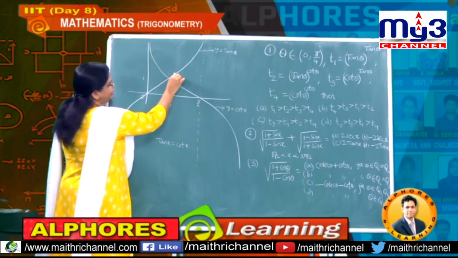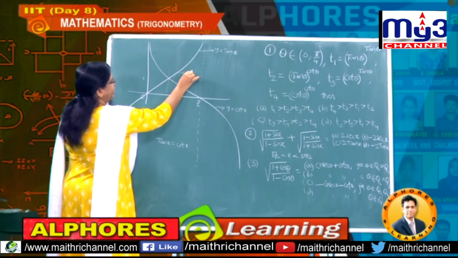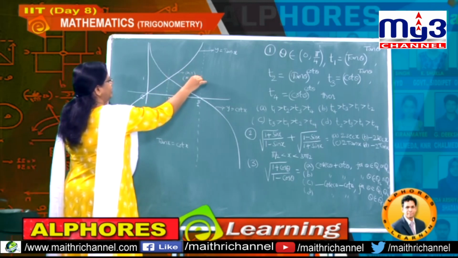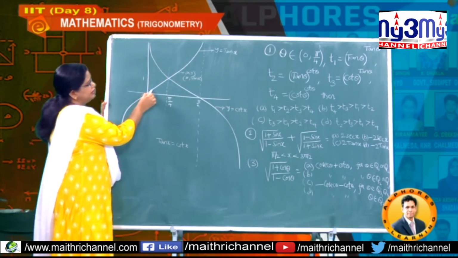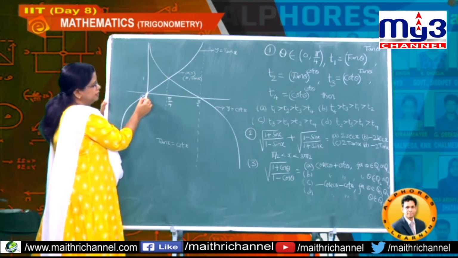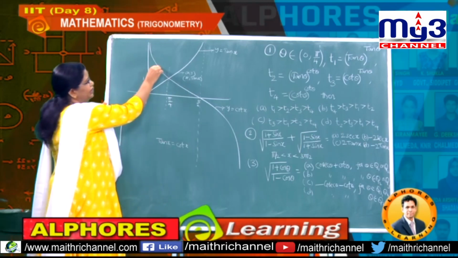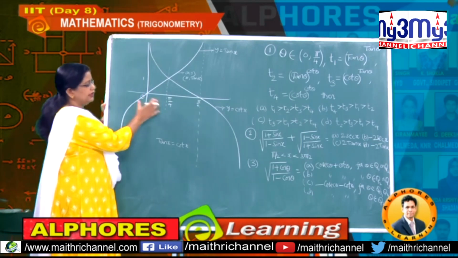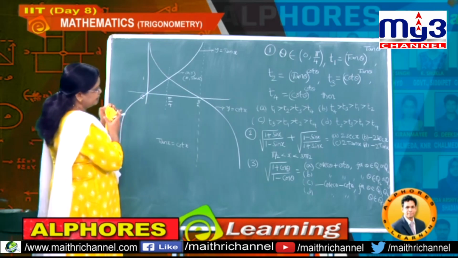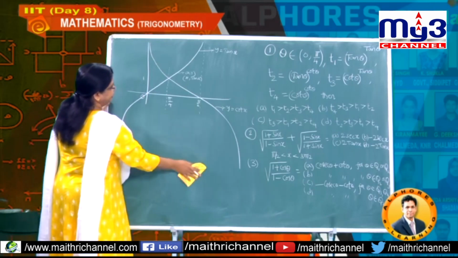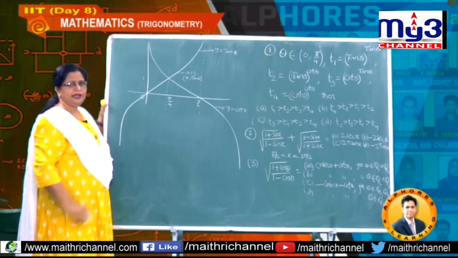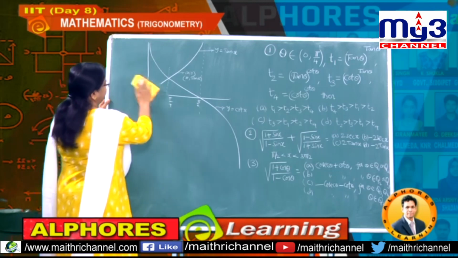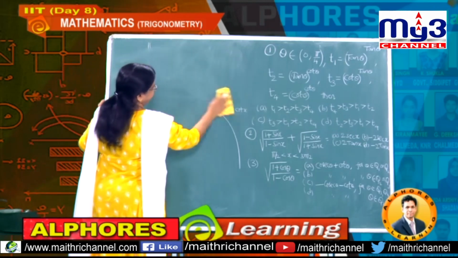Every point on this curve is of the form x comma y, that is, x comma tan x. Therefore, if you observe the ordinates compared to the cot ordinates between 0 and pi by 4, the cot x value is more than tan x. In this way we decide in general for an interval directly from the graph. So you decided just now that cot x is greater than tan x from 0 to pi by 4. This is our conclusion, and using it we start solving this problem.